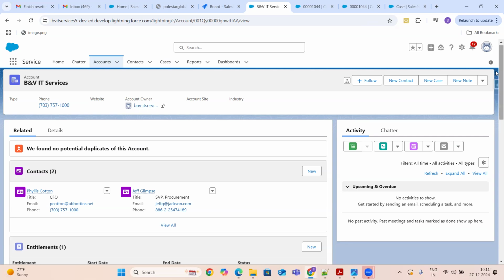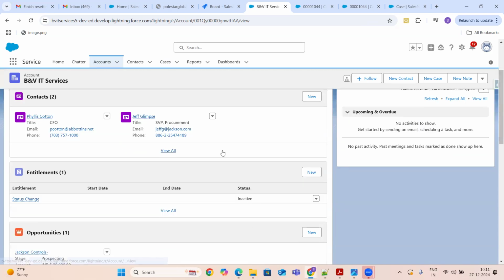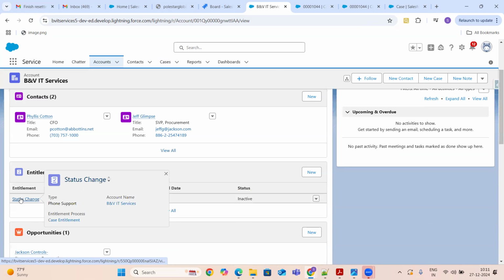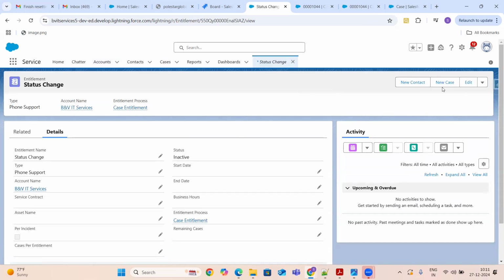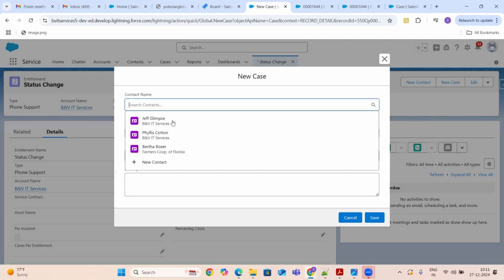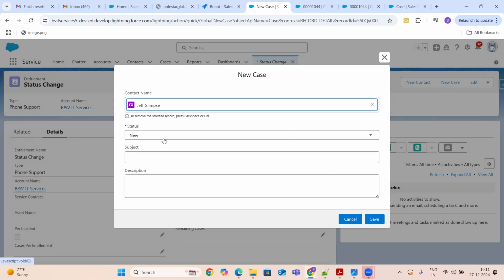So entitlement is also one of the child objects, child records. When I open up the entitlement here, I can create a case. As soon as you create the case, at that time you are able to enter only these things: subject test, description test. Okay, save.